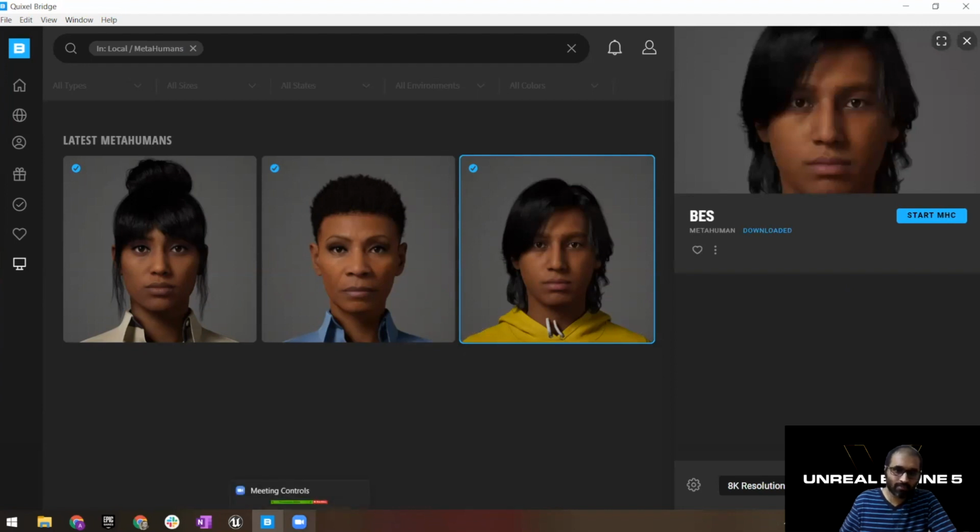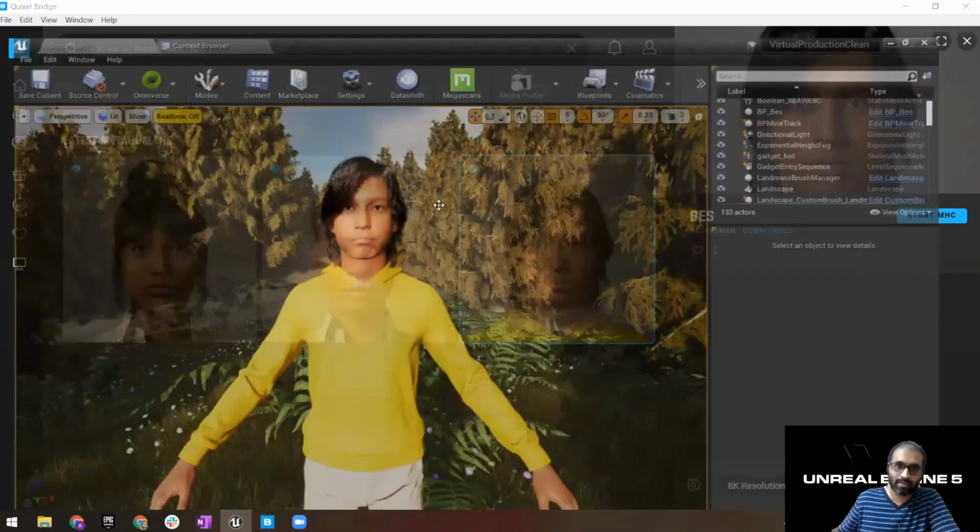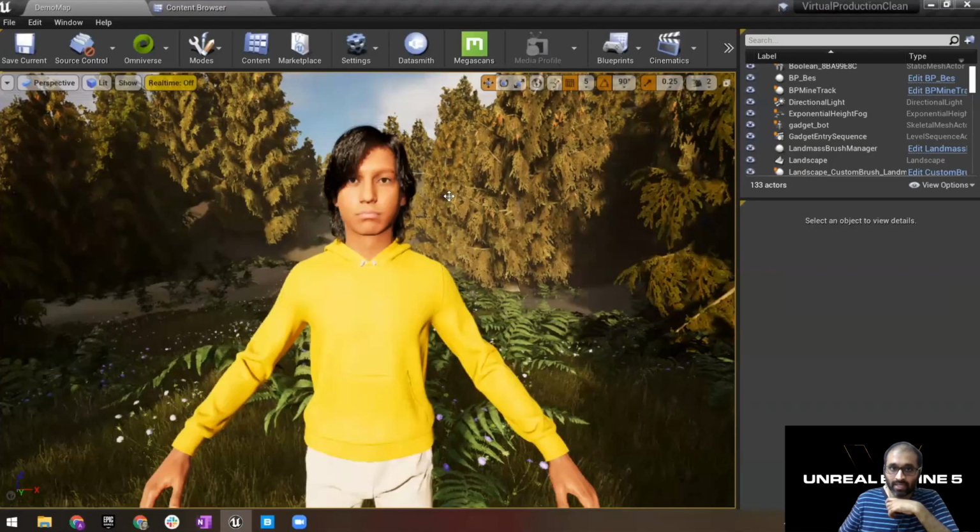It will take a little bit of time because it is 8K resolution. But you can, of course, also export it as 2K and 4K if it is your own MetaHuman that you created. Once you export it, it will pretty much automatically show up in your editor. If you have the Unreal Editor open, or whatever project you currently have open, it will automatically import the digital human in there. It's usually called BP underscore. BP stands for blueprint, underscore the character name of the character that you just created.